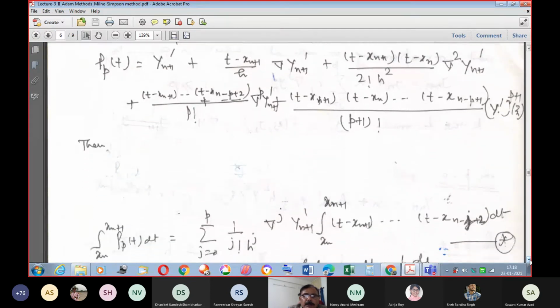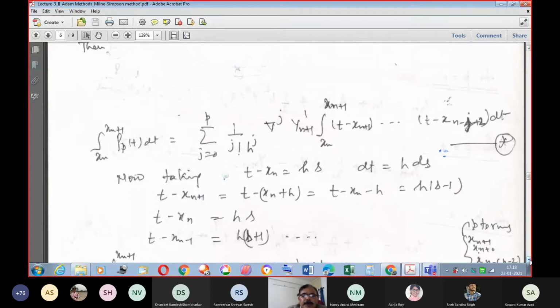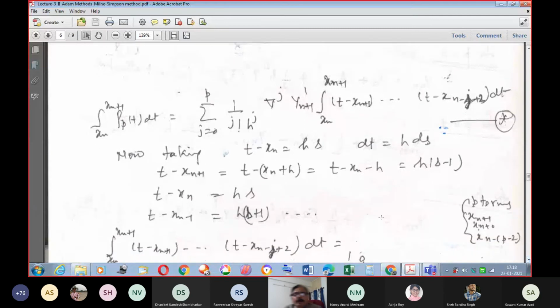Now, I'm not going to discuss this in detail, because I have already discussed the Adams-Bashforth method in detail, how to do the working of that. Still, the hint is given: you write t minus xn as hs. So t minus xn plus 1 will be t minus xn minus h, so that can be written as h into s minus 1. So here the points will start with s minus 1, and then